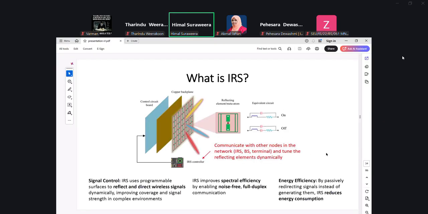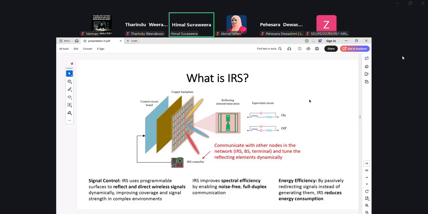So what is a RIS? RIS is like IRS, which stands for intelligent reflective surface. It is just a planar surface with a lot of elements. When the received signal falls onto these elements, the reflected signal out of these elements can be controlled with different phase values, and in certain cases different amplitudes, which means power can be changed, and in certain other cases polarization as well.